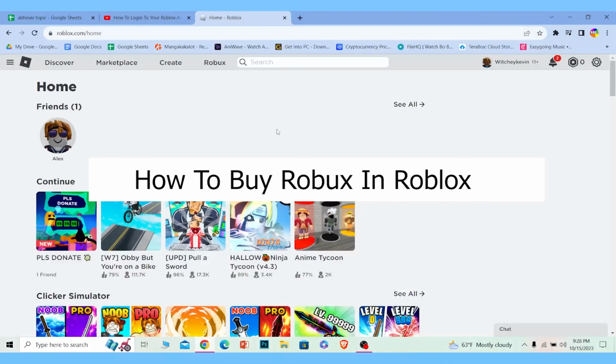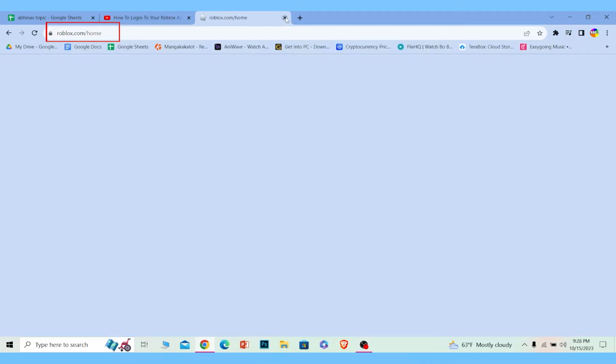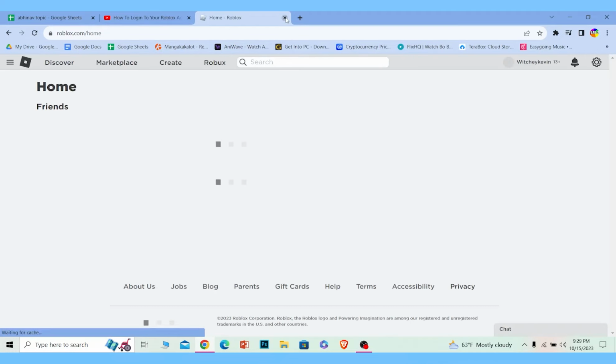Today I'll be teaching you guys how you can buy Robux in Roblox. It's pretty simple. Now Robux is the in-game currency of Roblox, so don't get confused. First you want to go to this website called roblox.com, which is the official website of Roblox, and log in